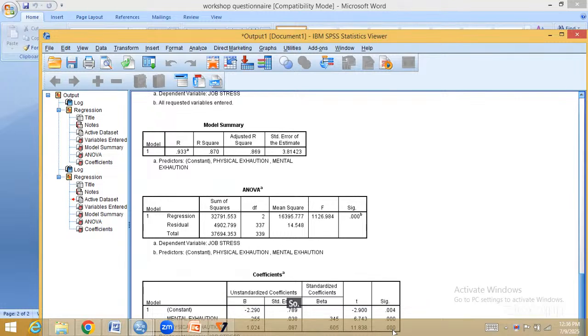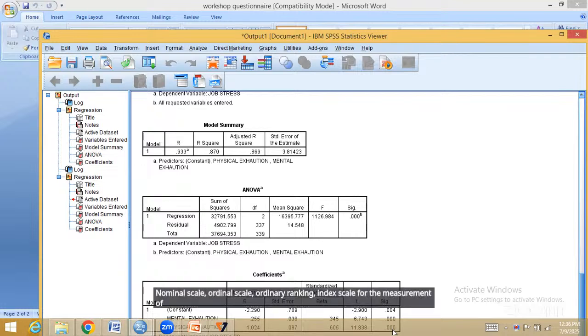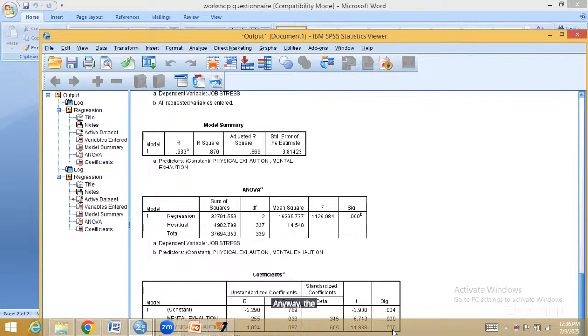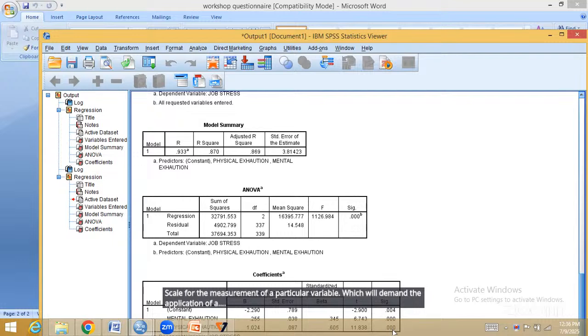So whenever you do your research and collect data with a questionnaire or interview schedule, you must be very, very careful in listing the appropriate variables in your questionnaire and the measurement of such variables with the appropriate scale. Nominal scale, ordinal ranking, interval scale for the measurement of qualitative variables. Anyway, the use of appropriate scale